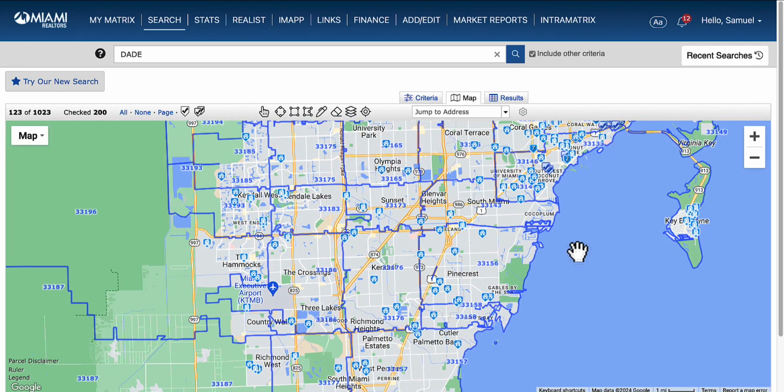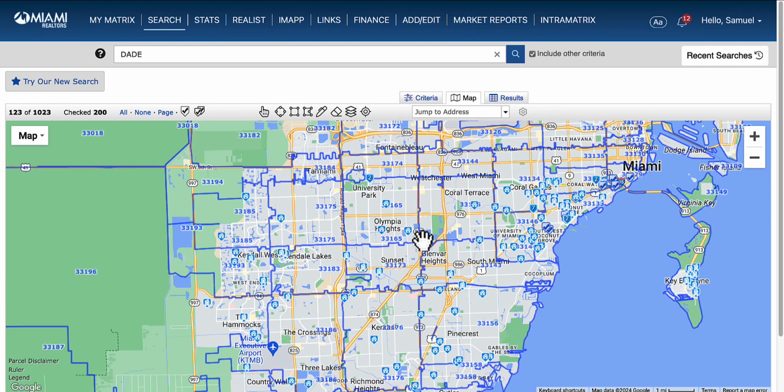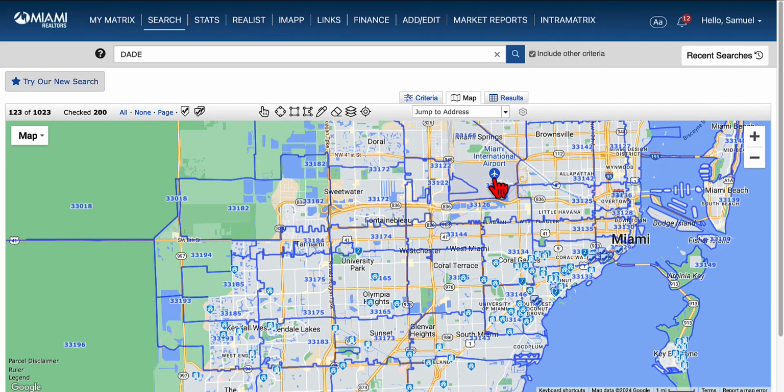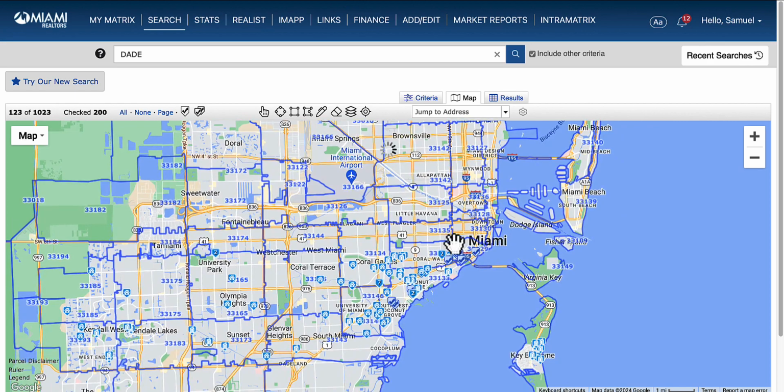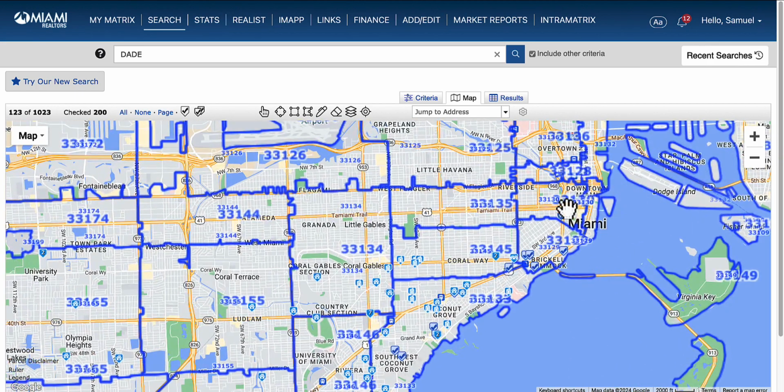Again, a lot of great information that this will provide us. Sometimes it will show us maybe some of those non-common areas that we would think of where we have a lot of those out-of-state buyers and where they're purchasing. All right, for example, let's move up a little bit. Let's move over into the Miami Beach area. Let's zoom in a little bit. We have a concentration of sales happening in the 33133 area, of course,